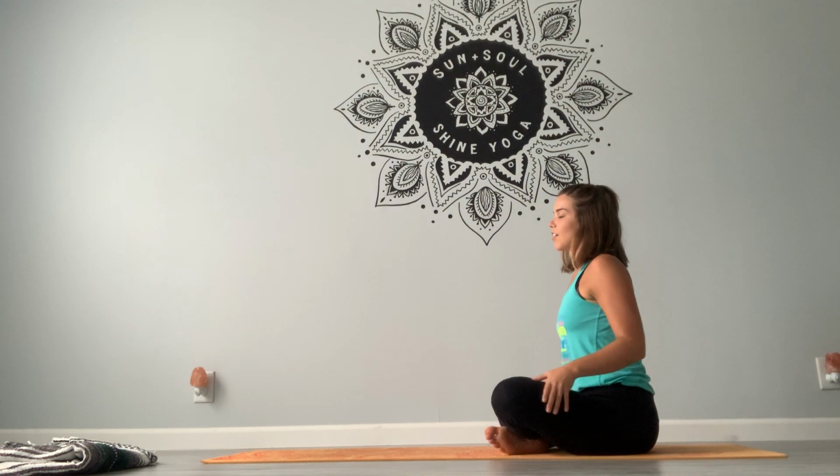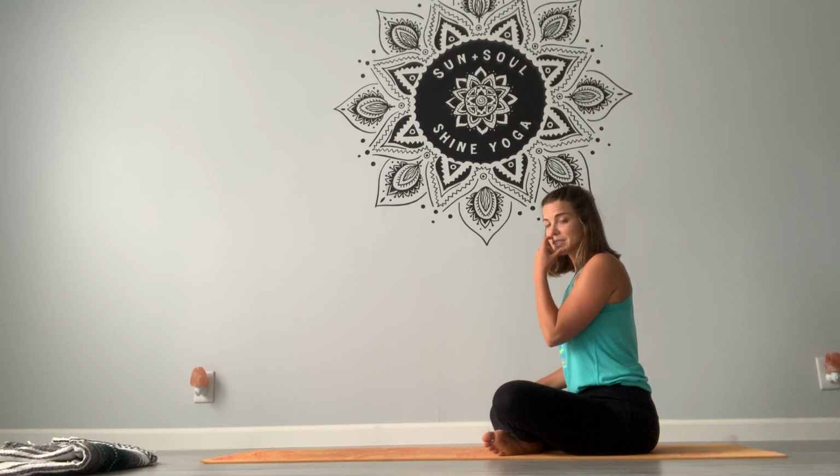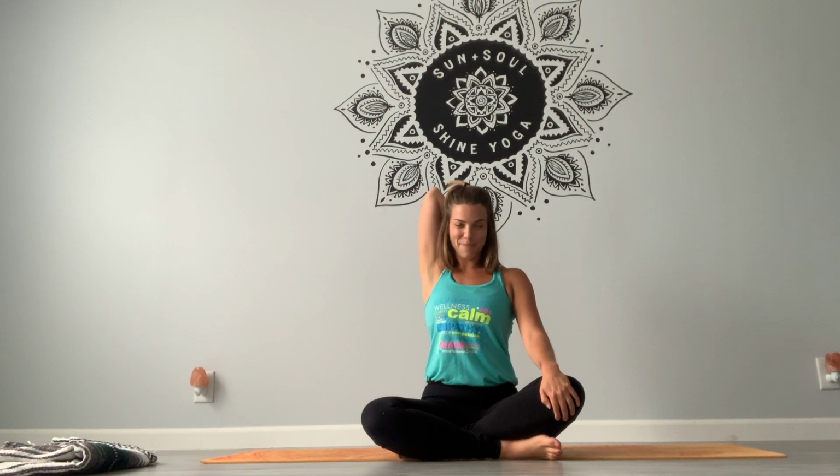Sitting up nice and tall here, feeling if there's any more space in through your shoulders. Couple of options for our next pose. Coming into cow face arms. So I'll show you this way and then I'll turn around and show you as well. So option one is to lift your left arm and then give yourself a pat on the back